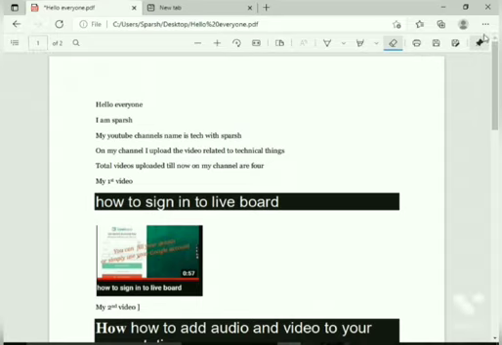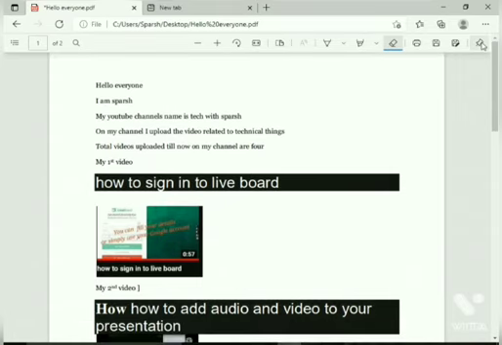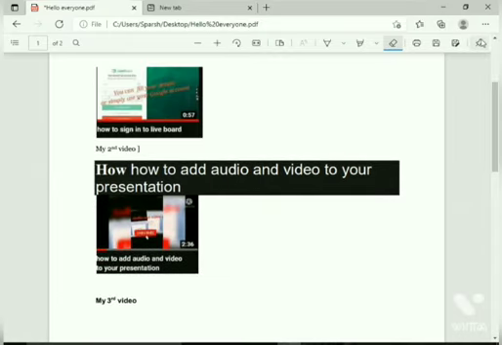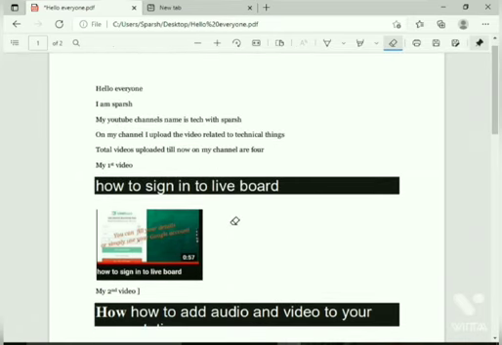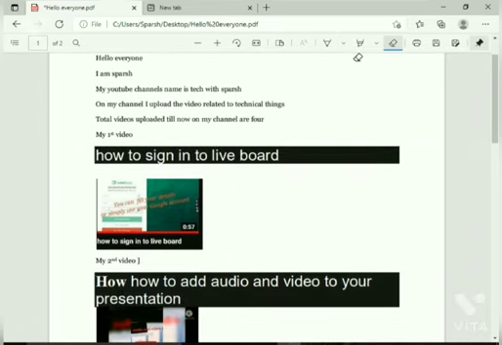The next option is pinning the toolbar. Whenever I click unpin the toolbar, it decreases in size, and whenever I pin the toolbar, it increases in size. And this option is for printing this page.